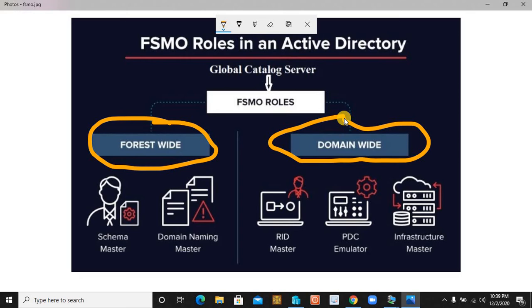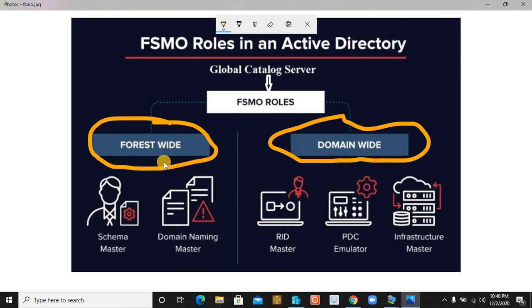Now let's see in detail what the functions of the forest wide roles are, and then the domain wide roles. This is the first, the forest wide. When we see the forest wide, the functions or responsibilities assigned under the global catalog in the form of FSMO roles